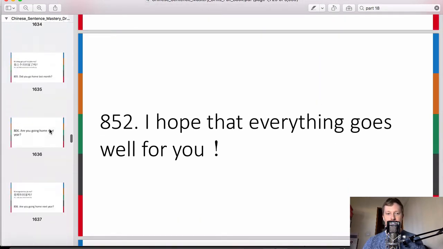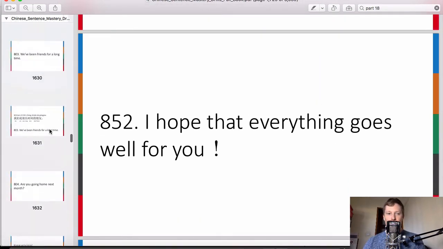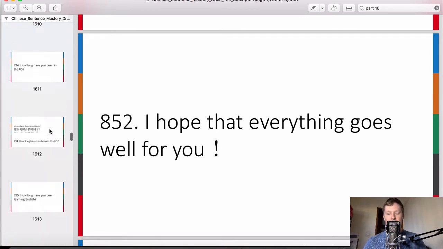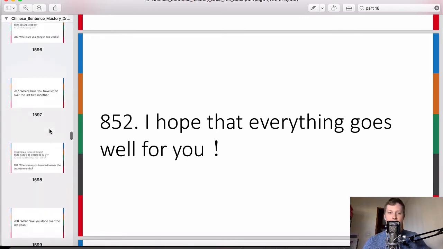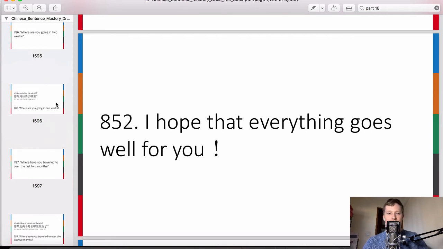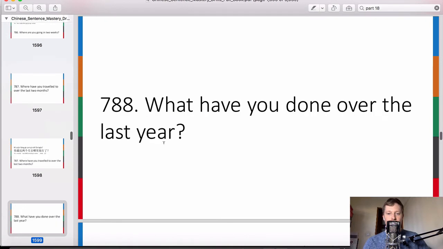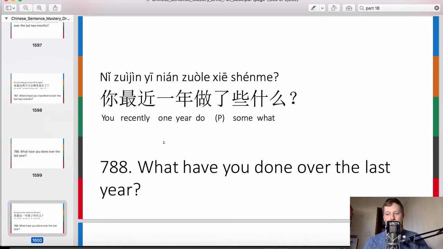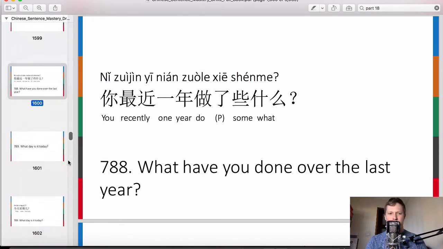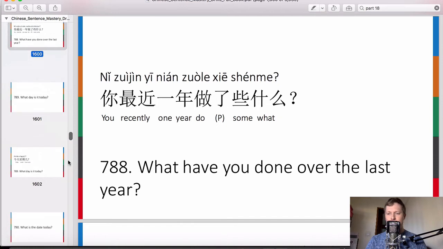This book contains sentences which basically cover all kinds of areas that you might encounter in everyday life. It also covers sentences, for example, talking about time or small talk. We've also got sentences for travel, like, for example, asking for directions, ordering food, talking to a taxi driver, and so on and so on. There are so many different examples that cover all kinds of different situations in everyday life. So not only are you learning about Chinese sentences and word order,